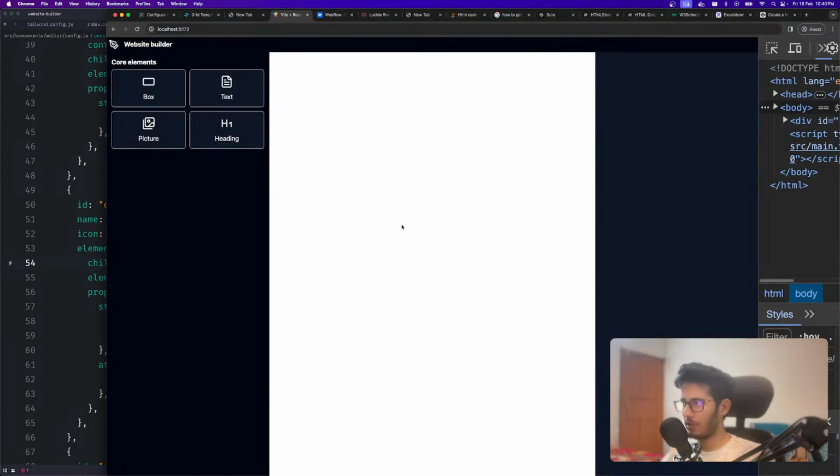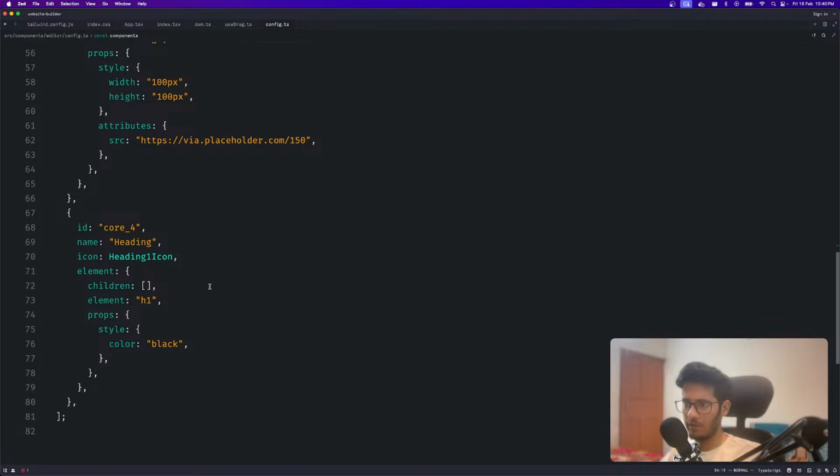Also, we are not handling the attributes. This is a box. See, this works how we expect this to work. H1, we haven't handled H1, right? So there should be some content in this. So if we say some content,